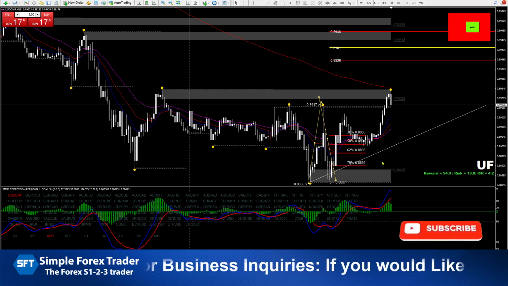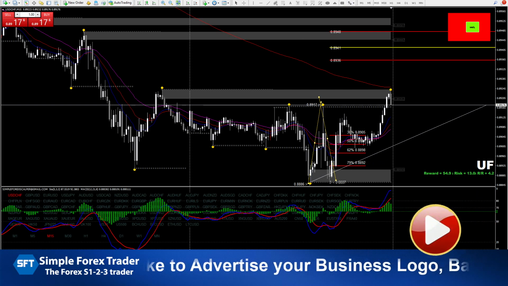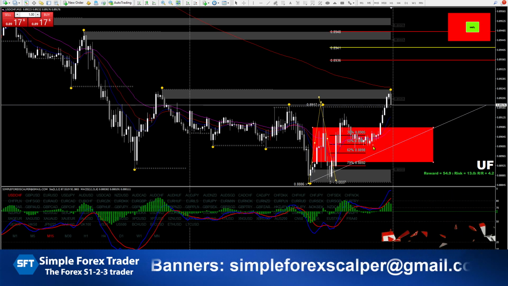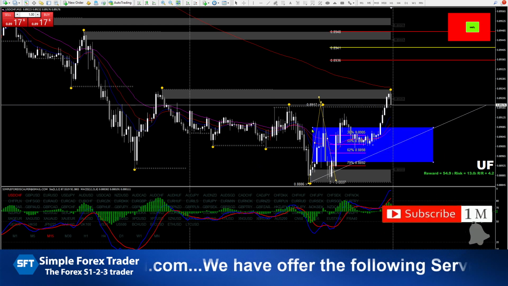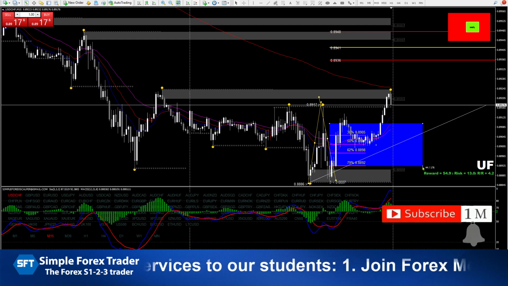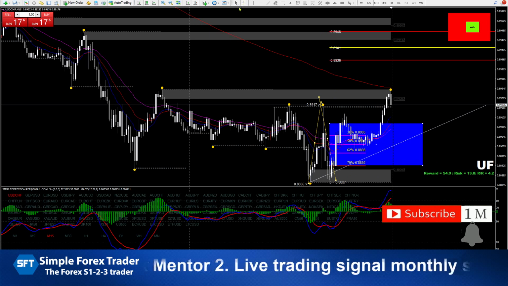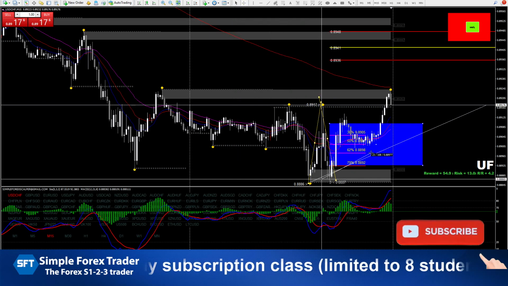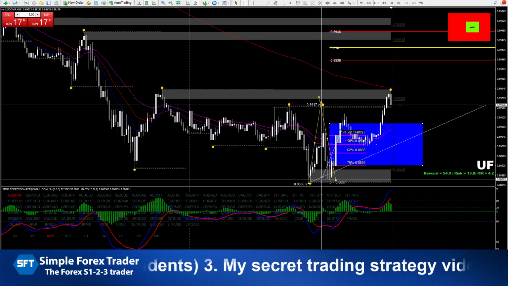And bingo, we've got ourselves a nice trade setup, with a nice entry in this area. If you enter on a Friday and hold over the weekend, that's good. Let me change that to blue. There you go, that's a nice color. You can enter the trade anywhere in this area: 79% at 0.8892, or up here at 62% at 0.8898, or the 50% retracement, or even up at the 38% retracement at